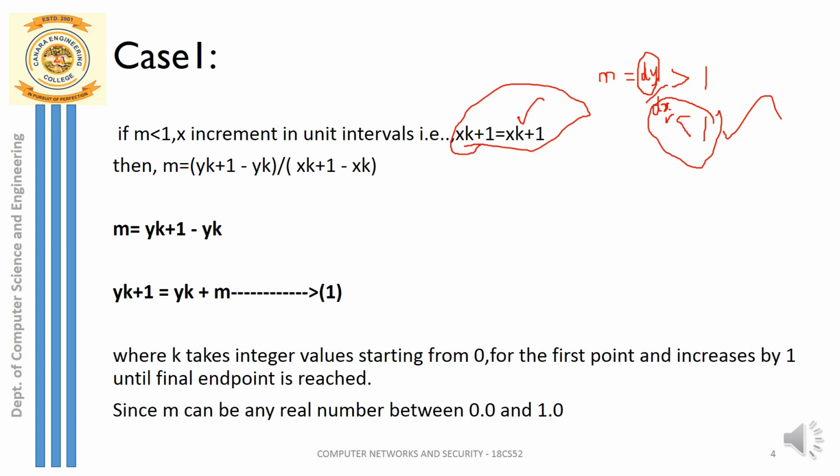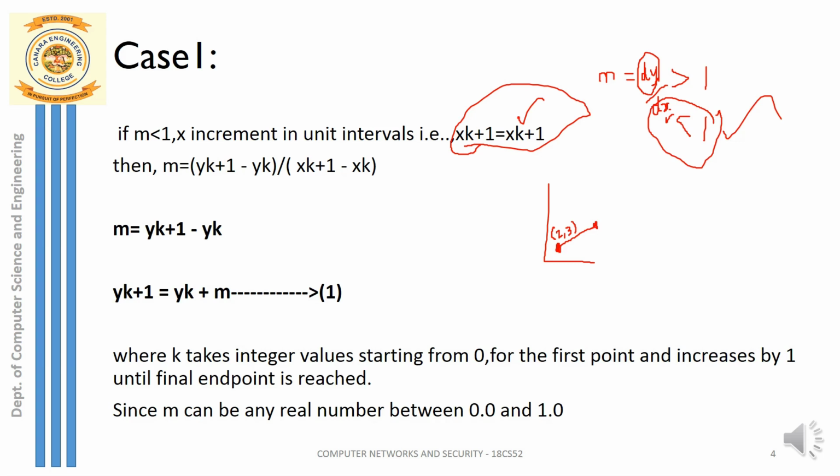I'll just tell you with an example. In that case you will be very clear with that. Suppose I have to draw a line segment, a portion of the line. I am going to start with one particular endpoint, and that endpoint I'll usually select as the leftmost endpoint. So this is my starting point, say 2, 3. I can take that as x0, y0. That is my initial point. So x0 would be 2, y0 would be 3. This is my starting point.